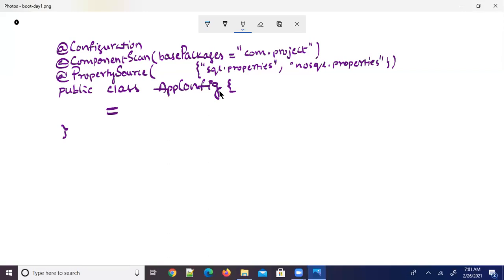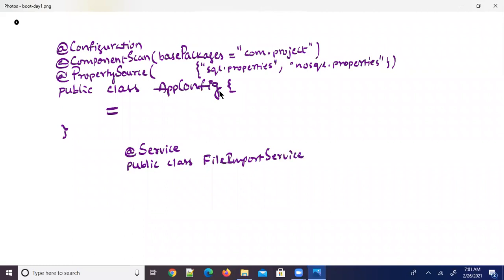For example, @Service, public class, say some class I have, for example, FileImportServiceImpl, which implements the FileImportService interface in my project.